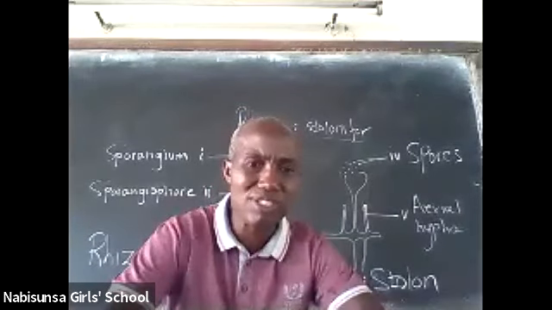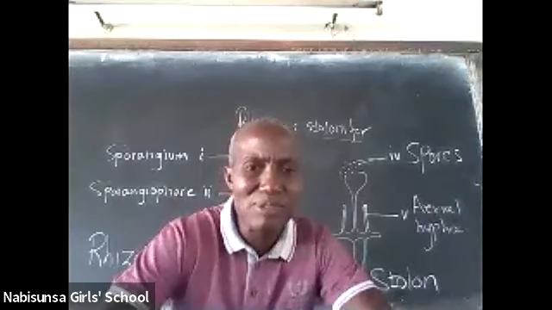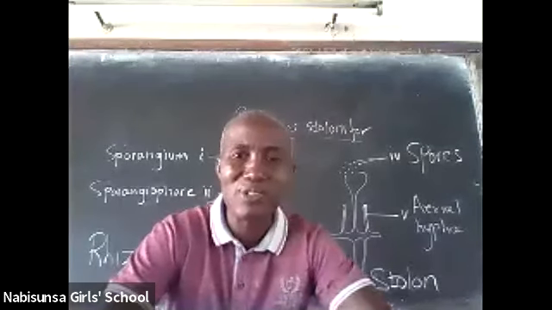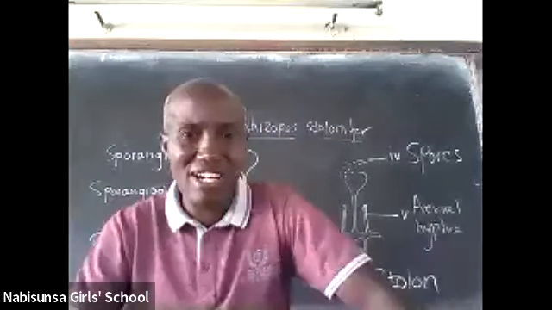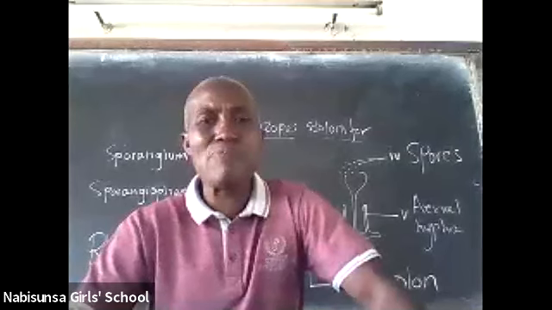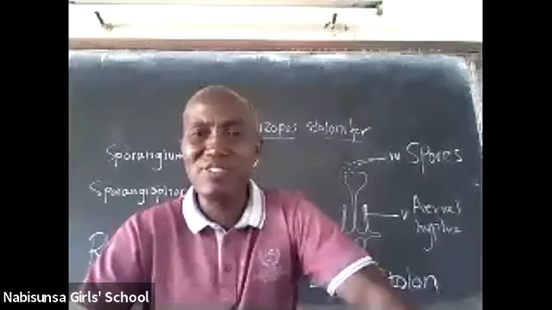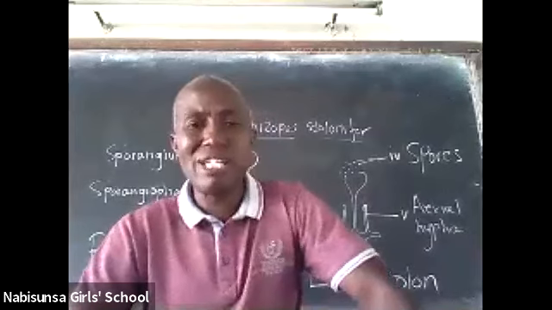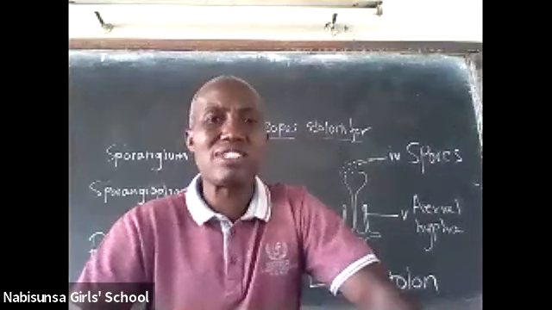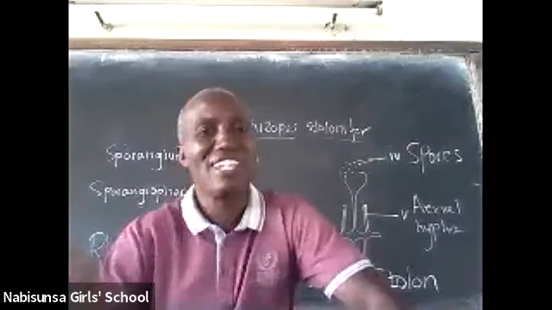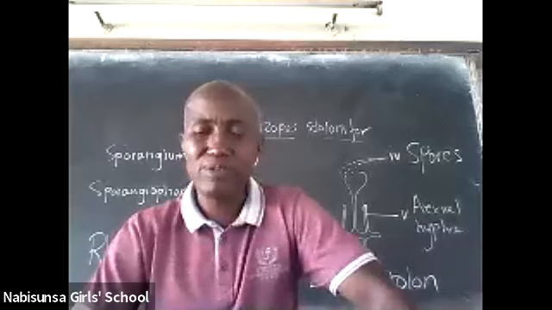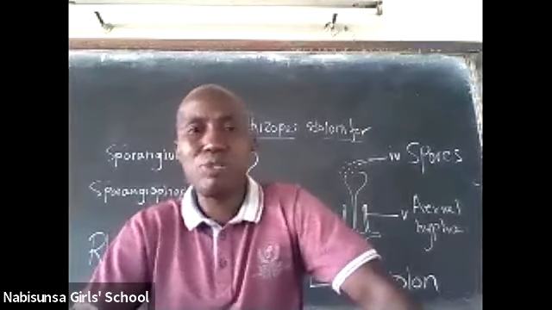Sporangium, it's asexual, produces haploid spores. I searched on Google, they said a sporangium is an asexual structure that produces haploid spores. Is it okay? Okay, that is okay, but they're using a word there, haploid. For now, we may not use that word, but at least I've seen they said it is an asexual structure and it produces spores. Yes, it's okay. The word haploid for now we may not understand, so we could possibly leave it.